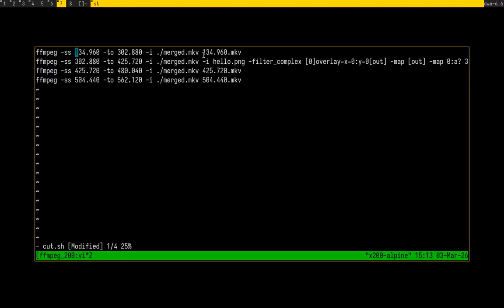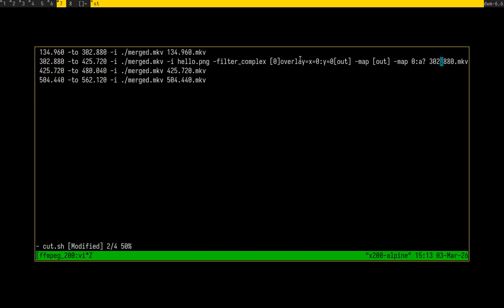So all of it is still the same, except for this long line right here, which specifies this hello.png thing as an overlay. There we apply this filter again, copied off some Stack Overflow post, and I don't know what all of this does. This is just some ffmpeg magic. But if we run this, we will have an overlay, and we can now, let me think, how should I do this? Let's take a screenshot of my whole screen, I guess, and if I now copy this to my clipboard,